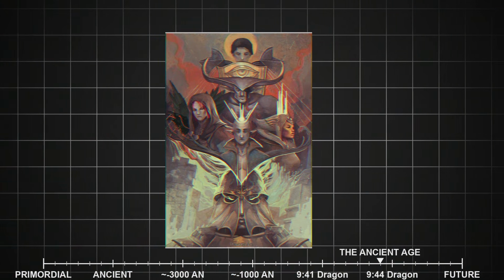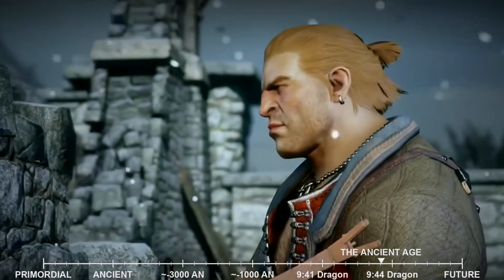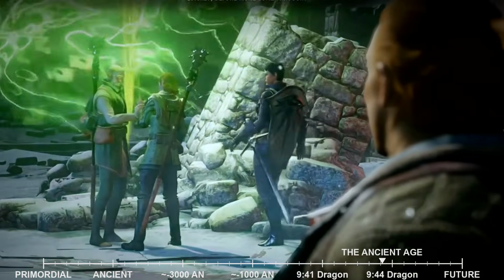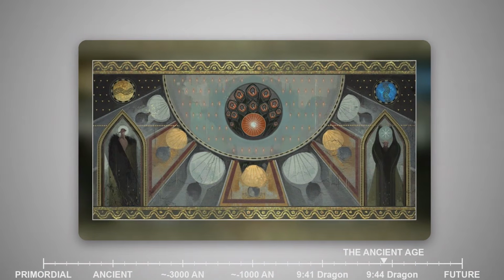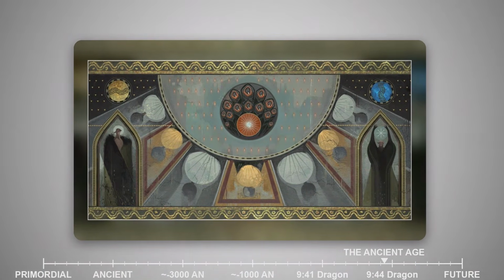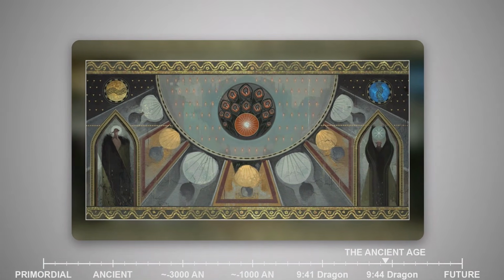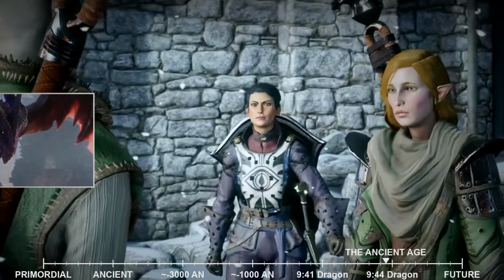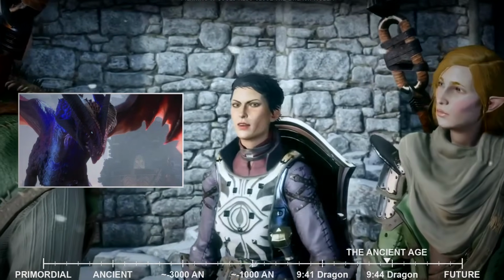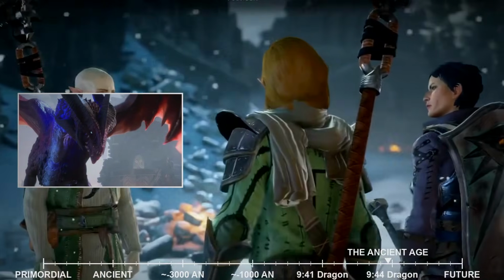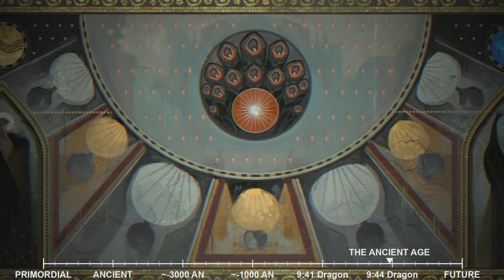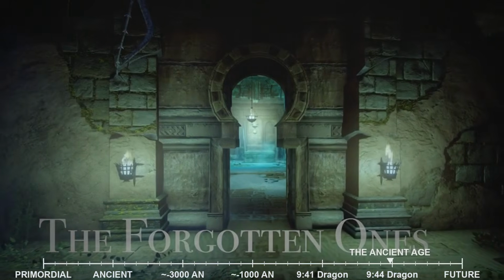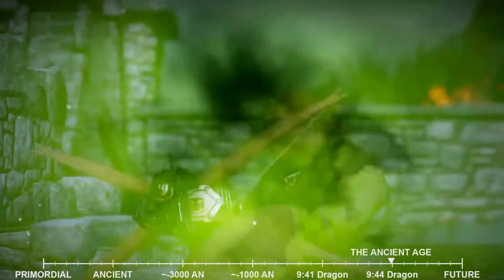Solas gathers these allies carefully, speaking to them in dreams, meeting them in hidden places where the Evanuris do not tread. He shares with them his knowledge of the true nature of the Evanuris, the murders they have committed, the spirits they have enslaved, the elves they have branded and bound. He speaks of Mythal and what her death represents. He tells them that the Evanuris are planning something even more catastrophic, that their hunger for power knows no bounds. If they are not stopped, they will consume everything. The Forgotten Ones listen, and they agree. Something must be done. The question is what?